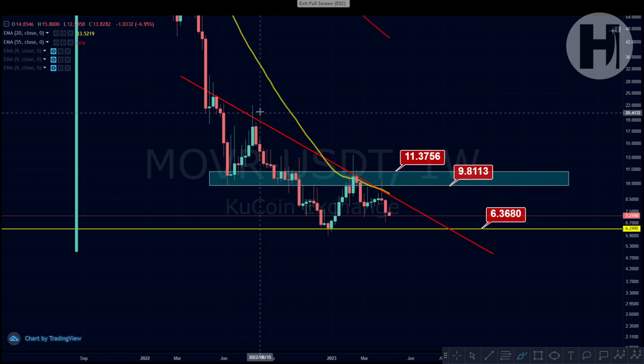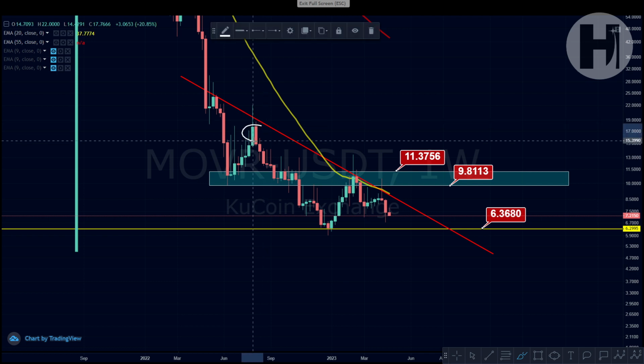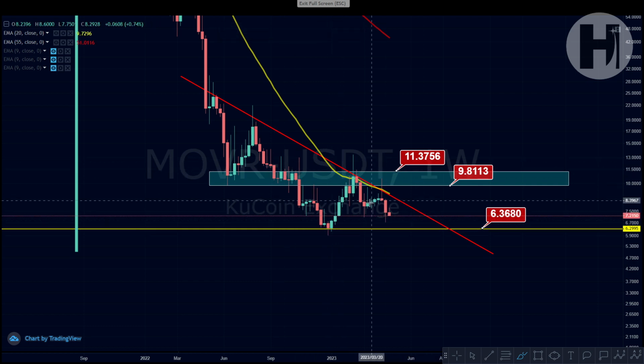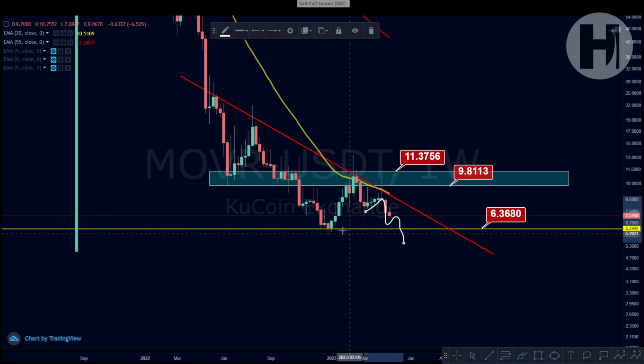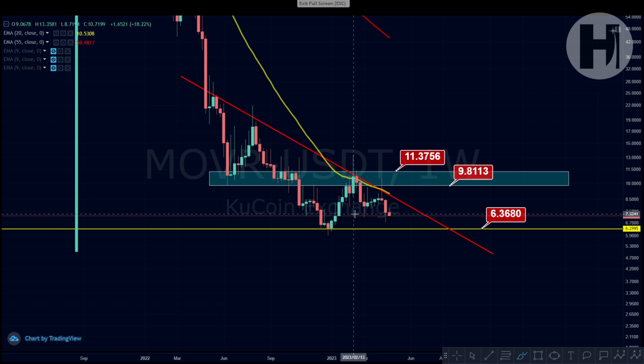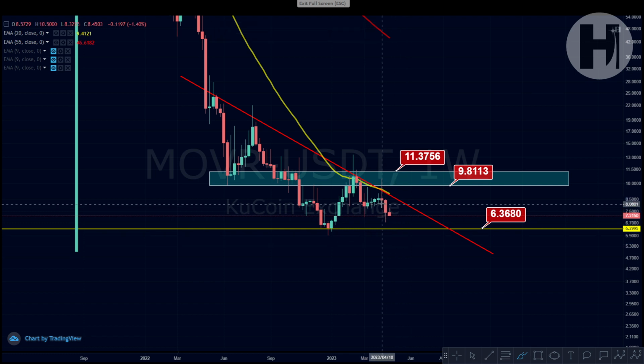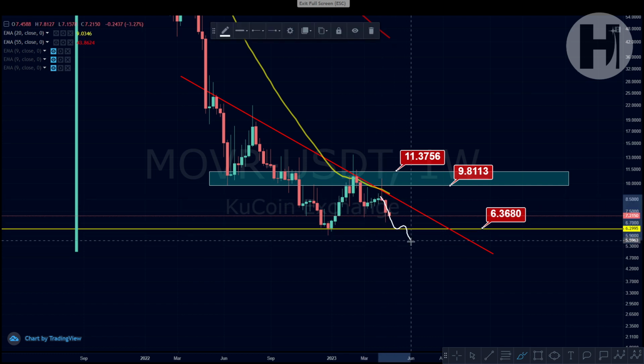And as we've talked about before, once you break above the August high, then we can actually say that the bear market low has been successfully printed in. Now, we can't say that for Moonriver, so it is possible that we're going to see a pullback even further down, below $6.36. It of course depends on the pullback, but if Bitcoin starts getting back down to $24,000, which is possible, we could see Moonriver break below that support,